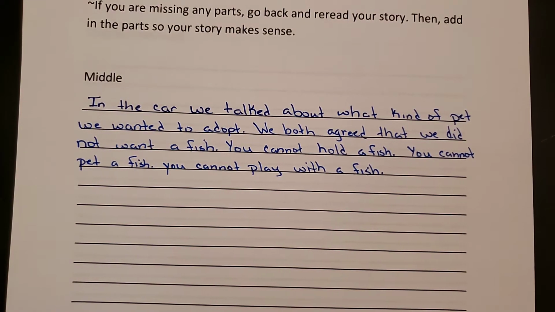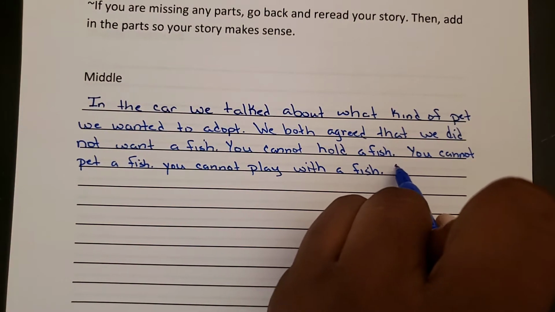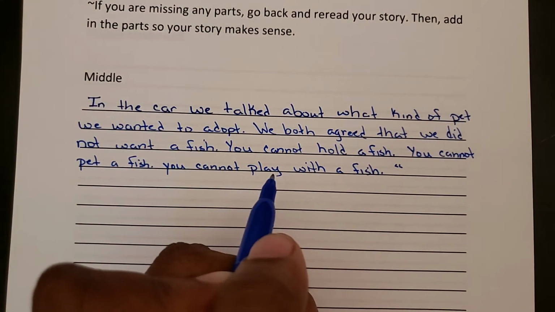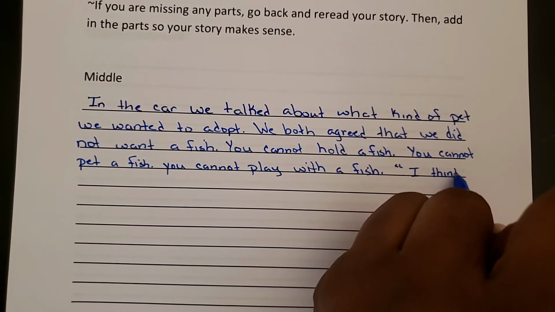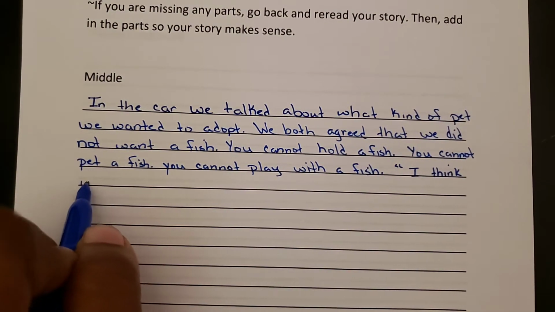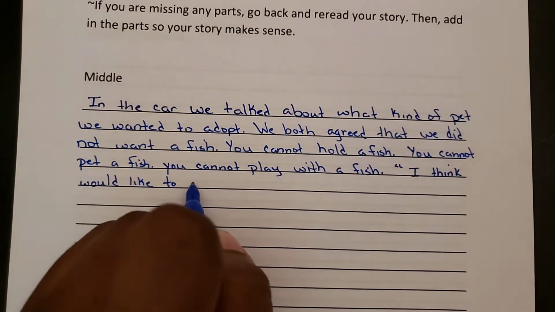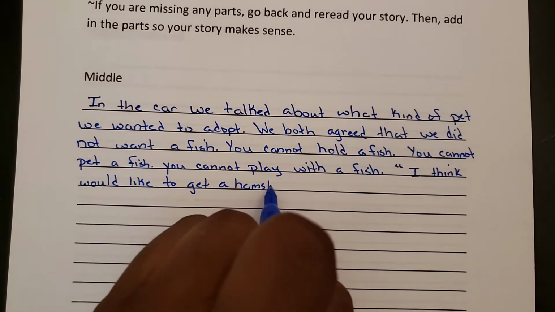Now I think I want to add some dialogue. And remember, dialogue is when your characters start to talk. So I'm going to put my 6s, which are my open quotation marks, to show my characters are talking. "I think I would like to get a hamster."